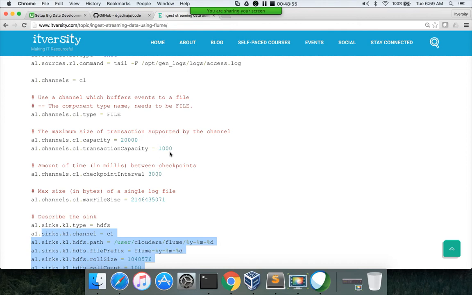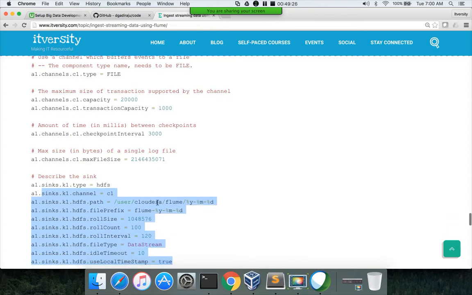So whatever happens first, if there are 1000 messages, immediately channel will push it to the sink. And also every 30 seconds, whether there are 1000 transactions or 30 seconds, whichever happens first, the data which is accumulated for that time frame, or the 1000 messages, will be pushed to the sink.